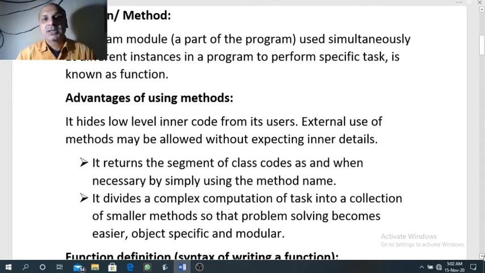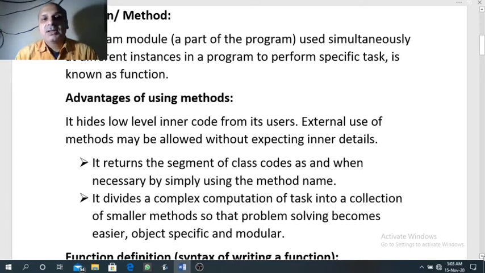But if you divide the big task into smaller subtasks and try to find the solution of the smaller subtask, then our work becomes easier. So after solving the smaller tasks one by one separately, when we combine all the subtasks together, then the big task can be performed. The same concept is used in modularity that we are going to study now.